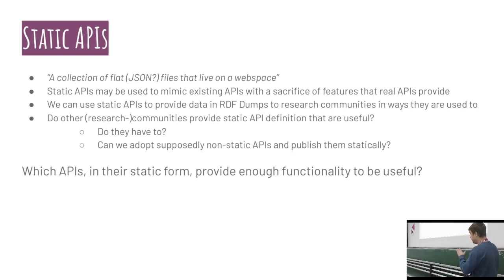Next, we wanted to give users access to this data in APIs they are familiar with. And what you can do if you have a data dump is you can create static APIs. What is a static API? That's a collection of JSON or other documents that are in a folder structure on a web space that are mimicking what an API would usually return to you. So you can generate the answers of the API beforehand. And that will not have the full functionality of an API, but it might be sufficient to give you access to a static data dump.